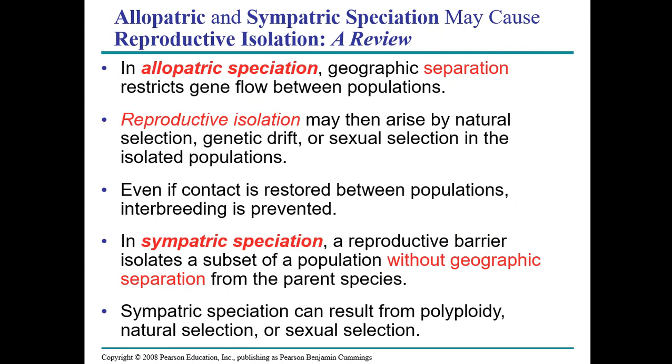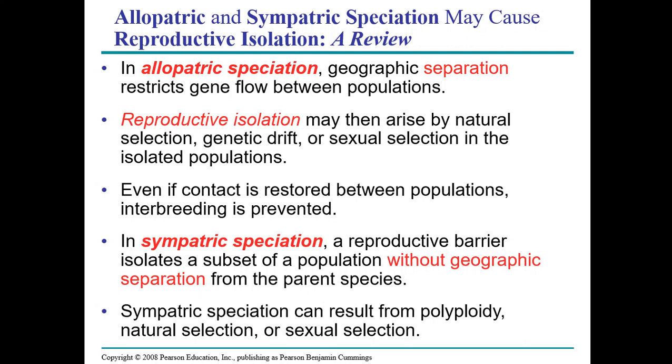Next, allopatric speciation. Geographic separation restricts gene flow between populations. Yun yung tatandaan natin. Reproductive isolation may then arise by natural selection, genetic drift, and sexual selection in the isolated population. Reproductive isolation can be pre-zygotic or post-zygotic. Even if contact is restored between populations, interbreeding is prevented. Ito na yung sinabi ko kanina na tatlong cases. Pwedeng yung dalawang different species hindi man lang magkita or bihirang magkita, or second, nagkita man sila pero hindi successful yung pag-mate, hindi nakapag-fertilize. Third is nagkita sila, naging successful yung kanilang mate, nakapag-produce ng offspring, but the offspring is not viable